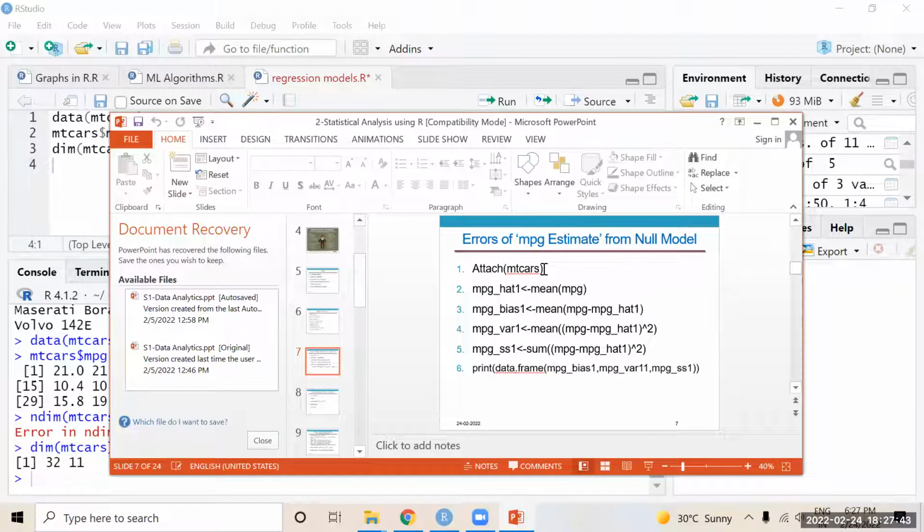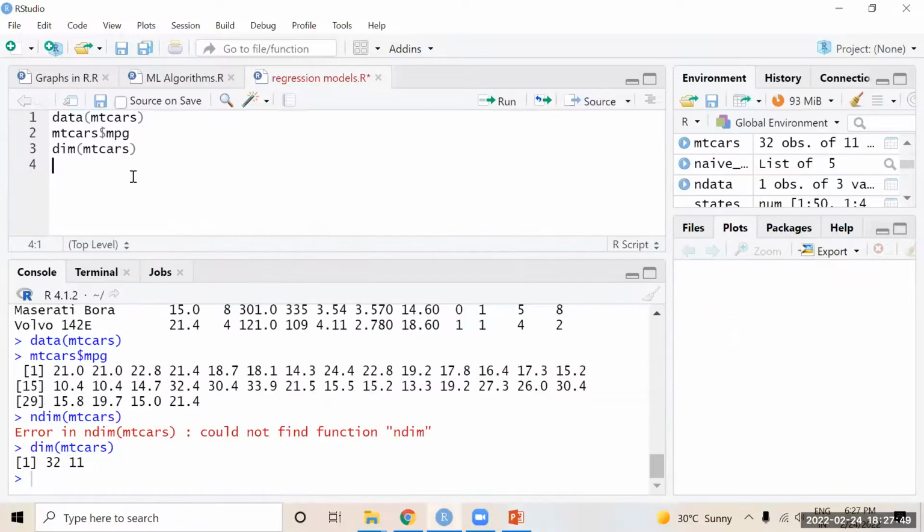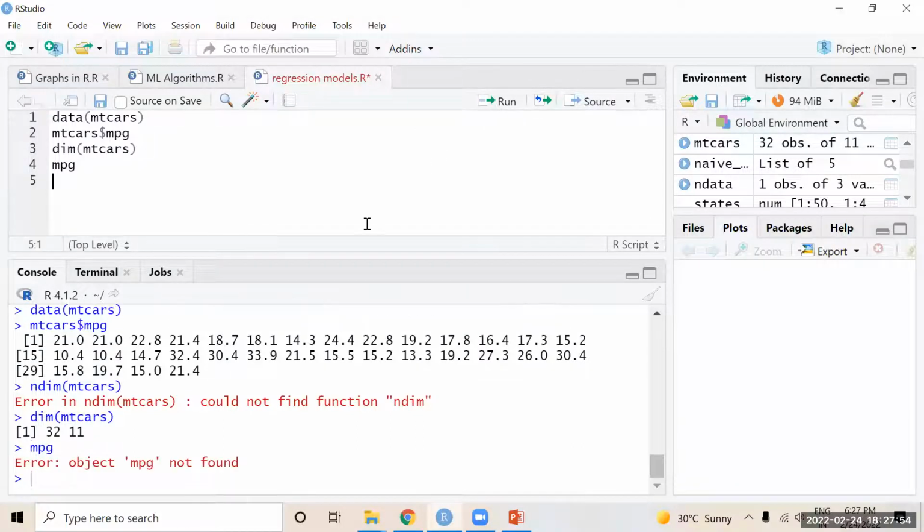Yeah, first command is attach mtcars. This is used to access the individual columns. For example, if I type mpg, you know what it is showing? Object mpg not found. To avoid this, I can type attach mtcars, which is used to access the columns of the mtcars individually.